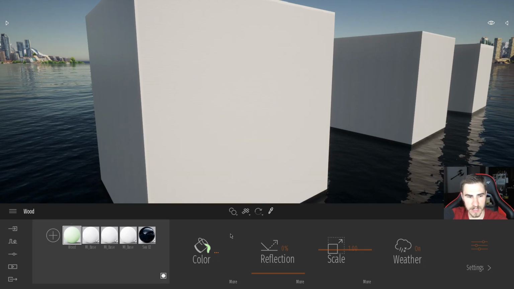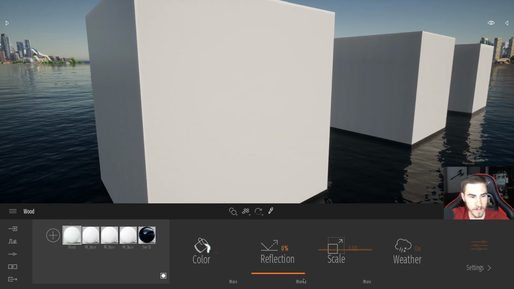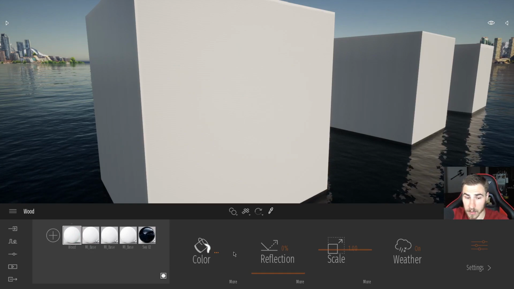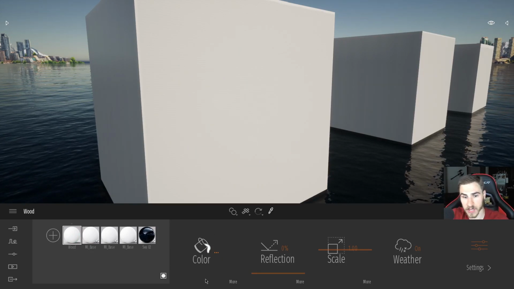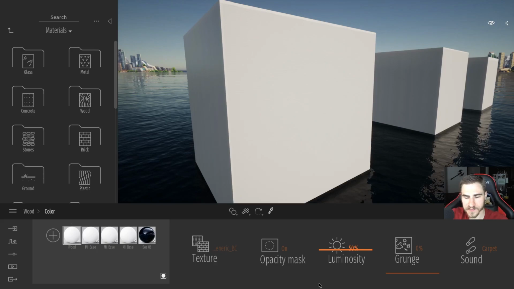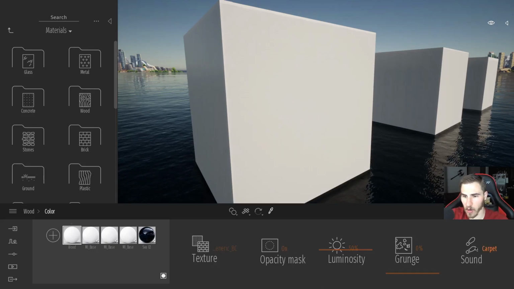That's not really doing us any good. And you can see our color updated there. I'm going to undo that because we don't really care about the color. We want to add a map that's going to hold all those colors for us. So let's hit more. And whenever I do that, I can see I've got all these different settings to look at,